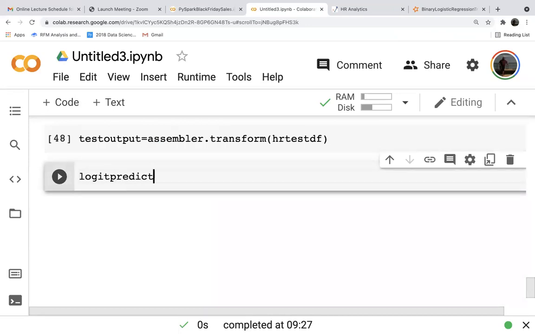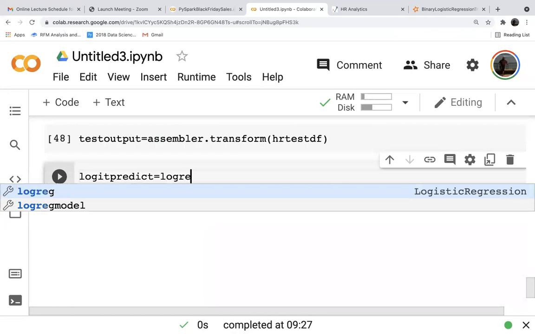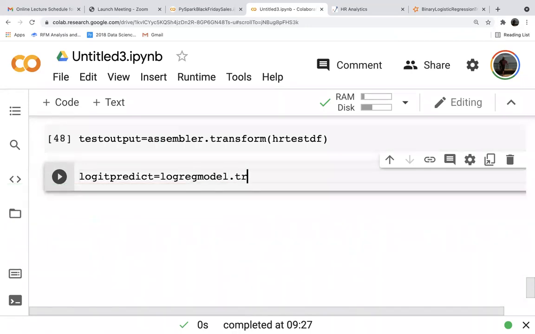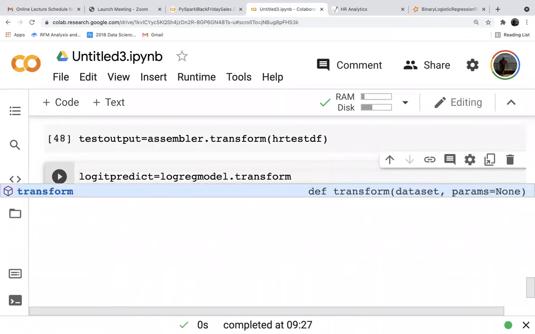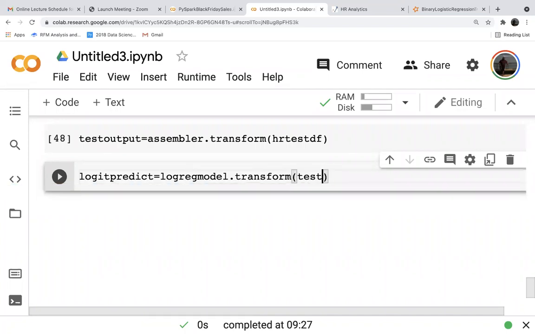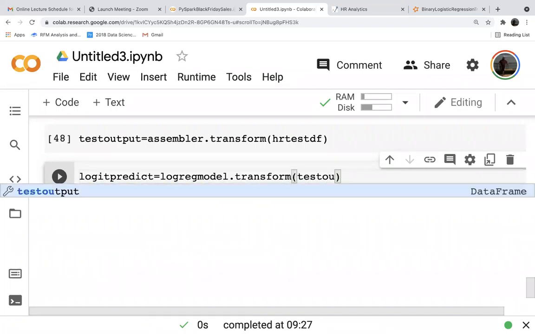Logistic predict is equal to log reg model dot transform test output.